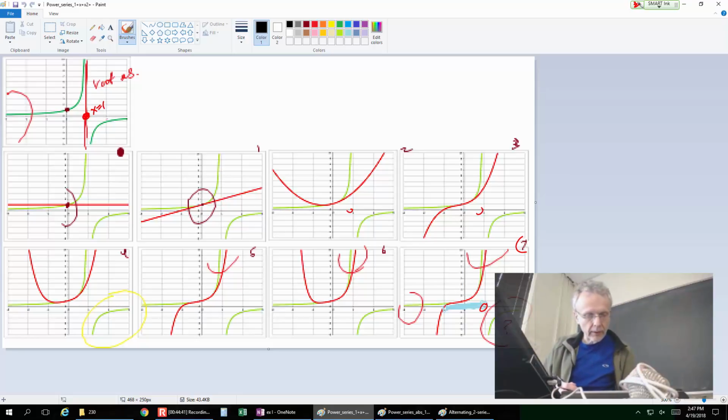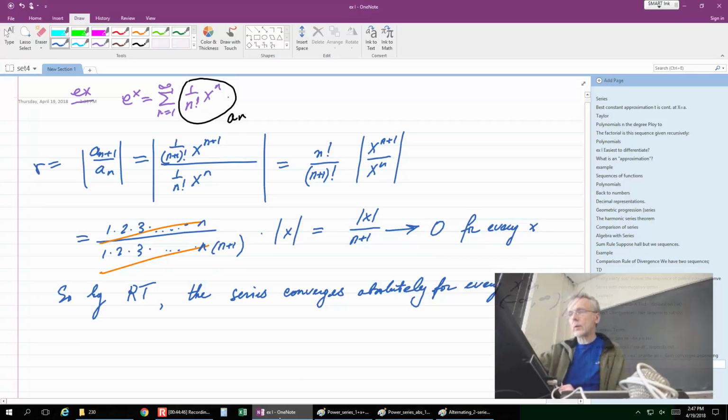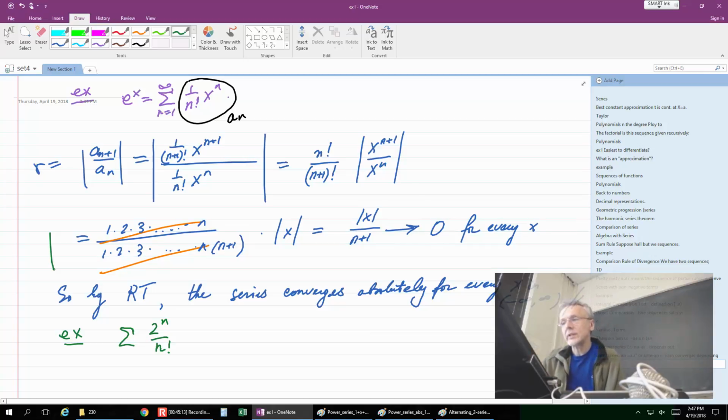Let's take another example. What our main interest in this topic is how this applies to power series, but let me take another look at a series that has no x. It is kind of simpler. So the series 2 to the n over n factorial. Once you've seen this part once, you know that it's going to happen every time. You have powers, you have factorials. These things always cancel out once you form a ratio.